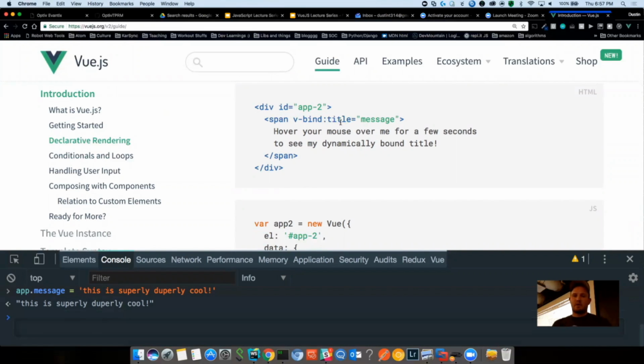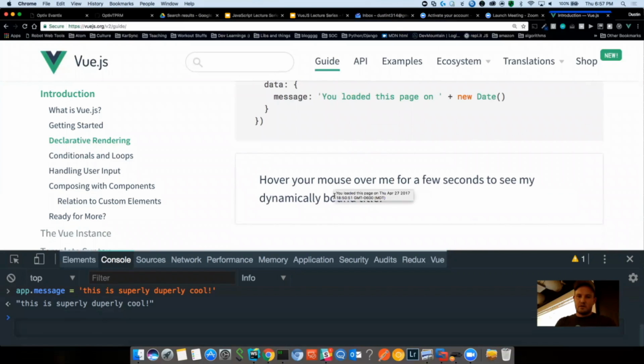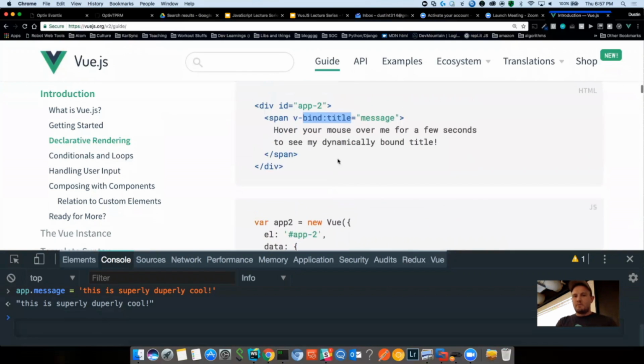So you've got a property here, title, on this span. What title does is, if you hover over this span, it shows a little tooltip. That's what title does. So v-bind basically lets you bind what data you have in your application